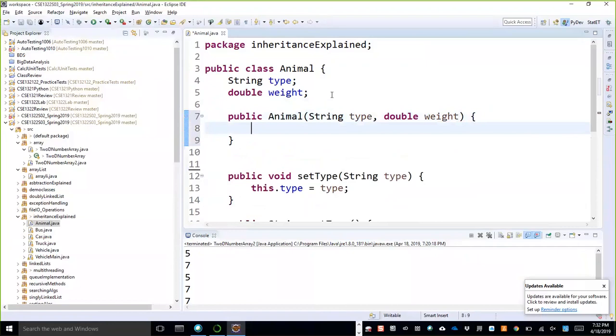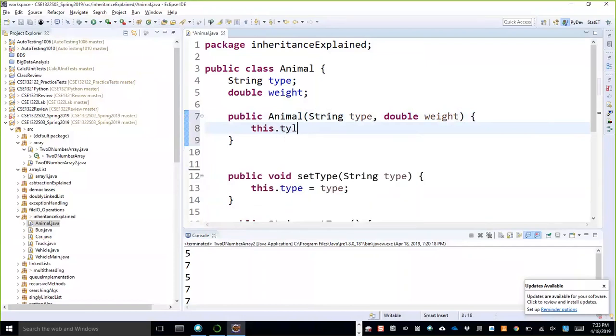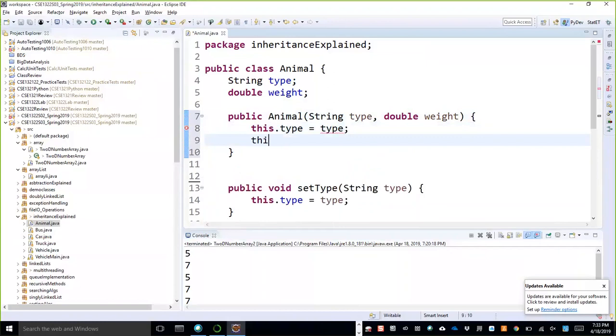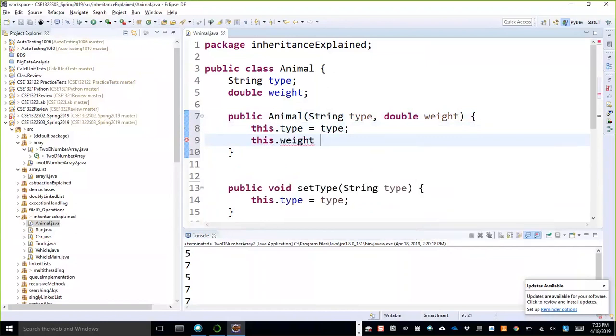And within the constructor, what will it do? this.type equal to type, and this.weight equal to weight.